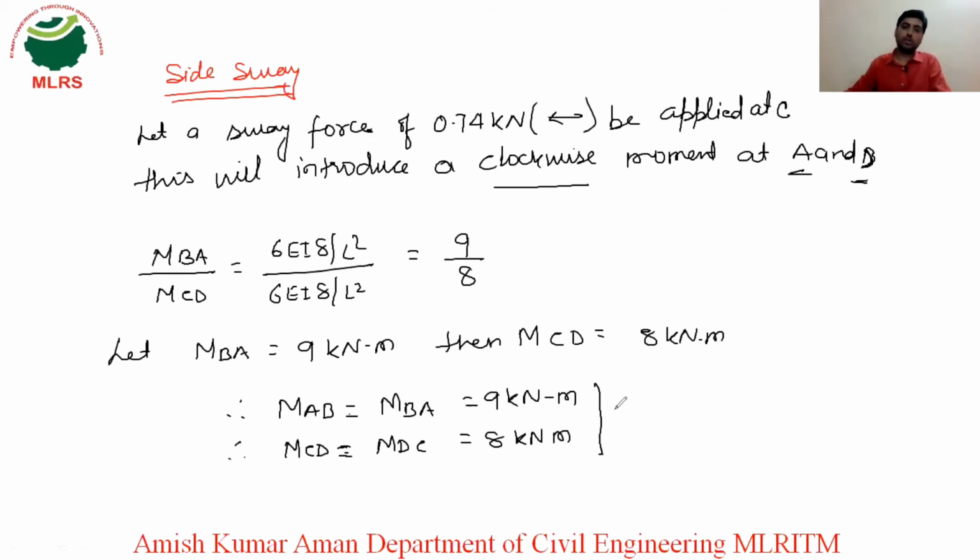Now, what moments are these? These are your sway moments. Now we need to distribute these sway moments according to the distribution factor. One more thing, if you have doubts, sir, this clockwise you have taken as positive. If you see, there was a sway force in this direction in the last problem, that's why the moments we took as negative. But here the sway force is in the left direction, so it is positive. If you compare it with the last problem, you will get everything.